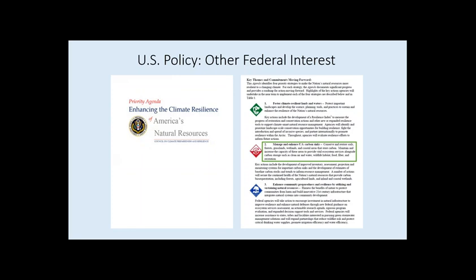So this is a big win in terms of shifting the way the federal government was thinking about natural carbon sinks and thinking about climate resilience and natural resources. And I'm really excited there were two specific action items in this priority agenda related to coastal blue carbon, and I'm going to come back to one of those in just a minute. So then, thinking a little bit more about international opportunities,